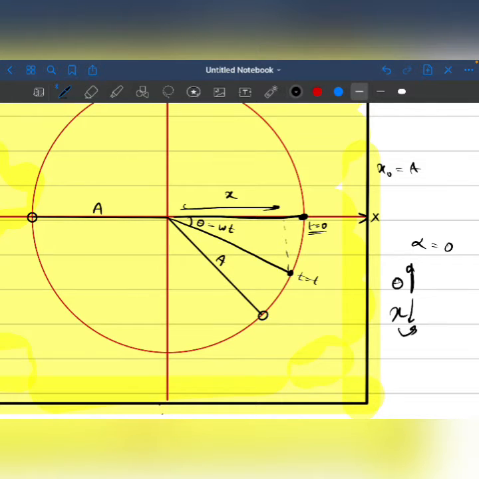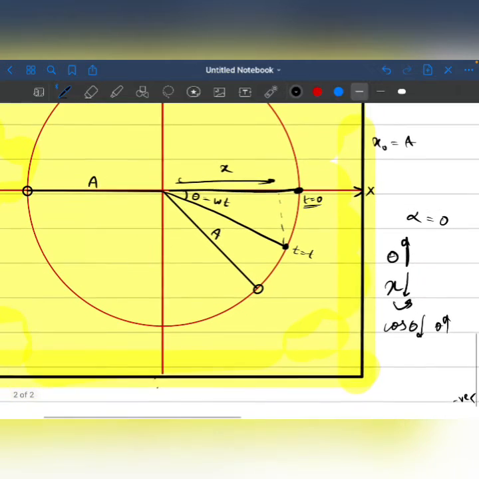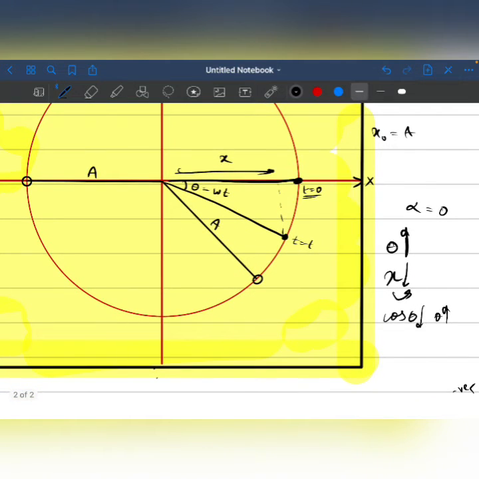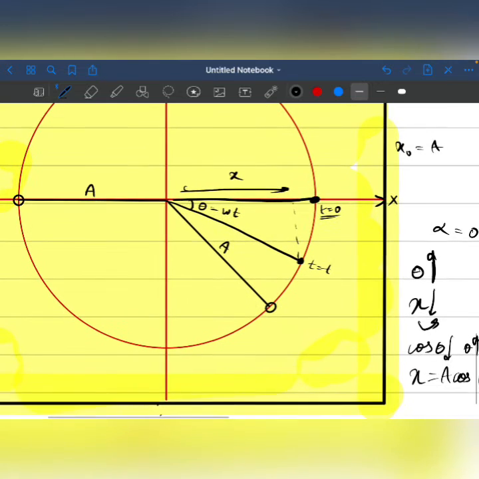Now let this be a trigonometric function. So cos theta will decrease as theta will increase. Cos 0 is 1 and cos 90 is 0. So theta is increasing and cos theta is decreasing. So x equals a cos(omega t plus phi). Here phi is still not there. So now this was just the gist. I will also derive this.